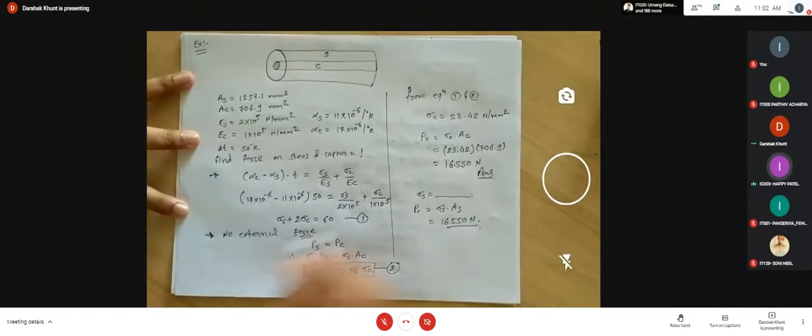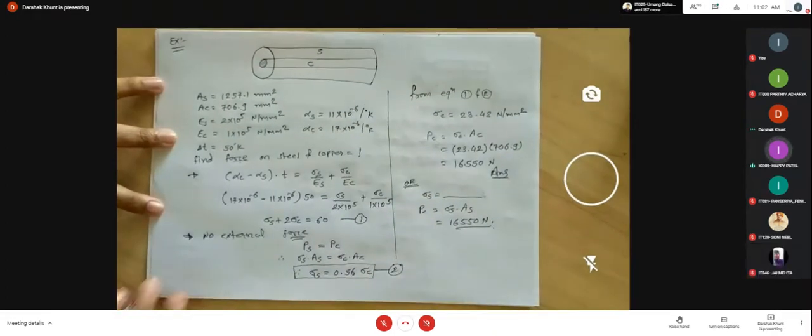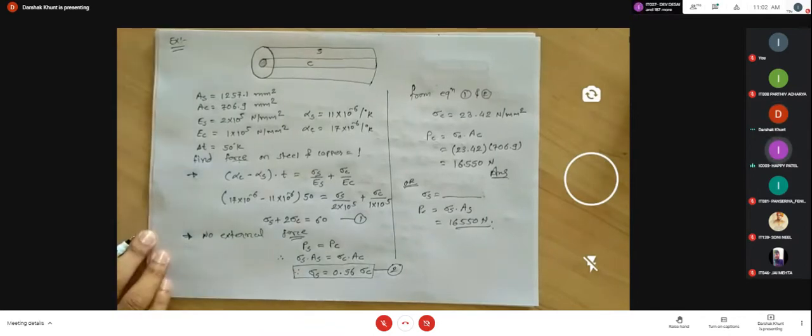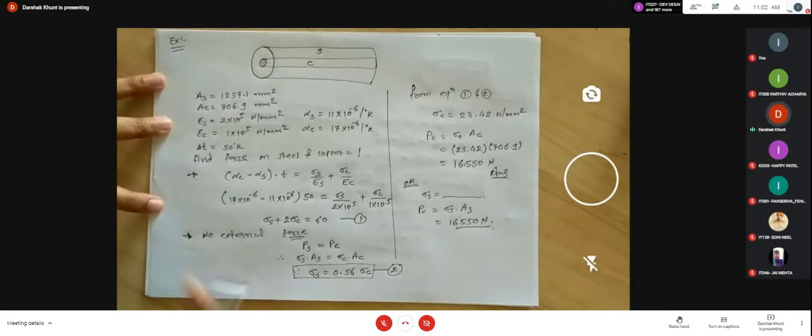सर हम सर इक्वेशन 2 फाइंड ना करें और इक्वेशन 1 में सिग्मा एस की जगह एफ बाई एस और सिग्मा सी की जगह एफ बाई ए सी डाल के सीधा फाइंड कर दे फोर्स तो चलेगा। यस, यस, यस, वो तो कंबाइन ही किया ना आपने, क्या किया सिंपली, लेकिन ओके सर।